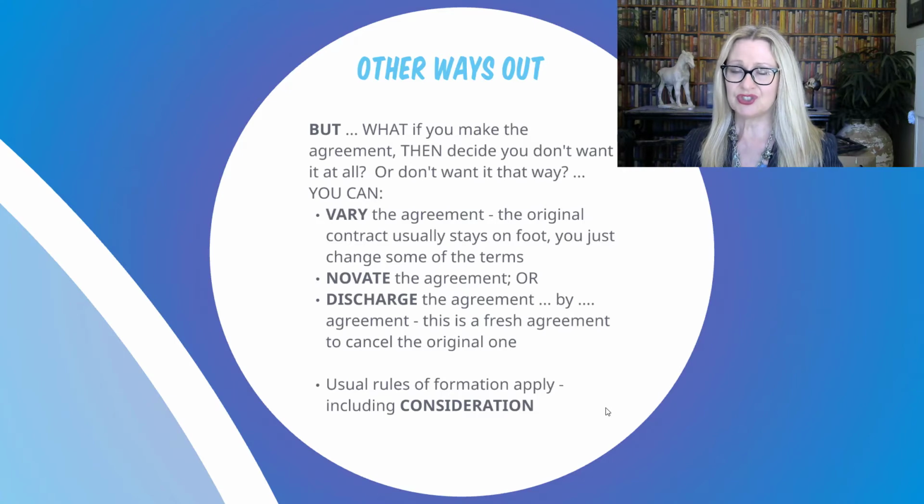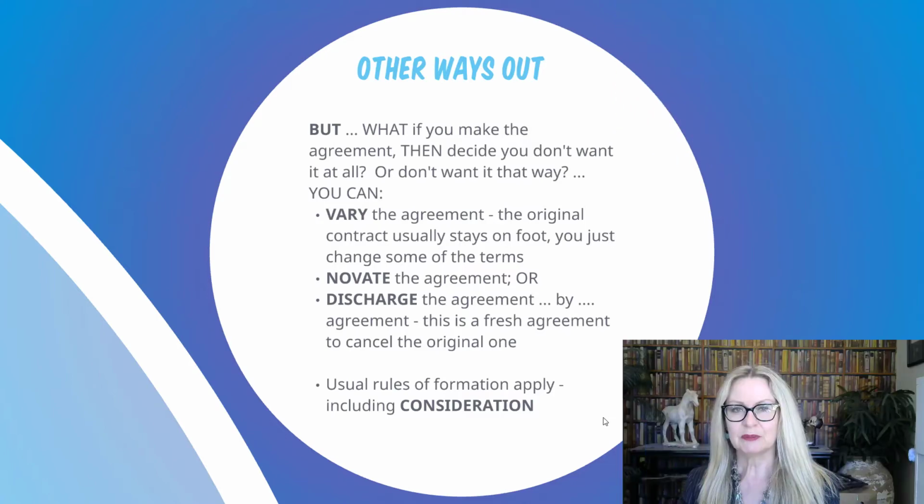You just simply change some of the terms as to how you want them to operate in the future. But in terms of actually getting out of the contract by agreement, the two big ticket ways are novation and discharge. I will talk a little bit about variation, novation and discharge in this video,